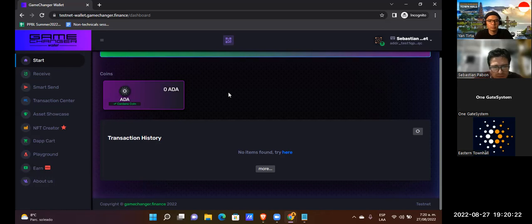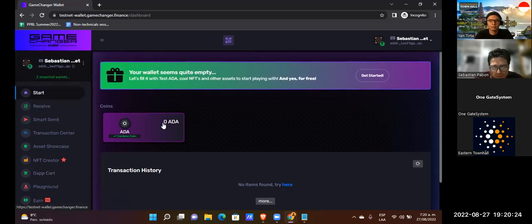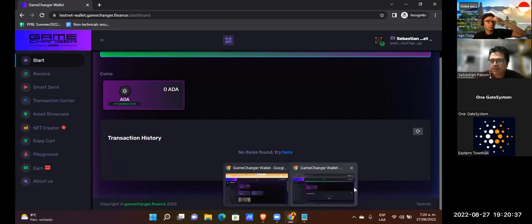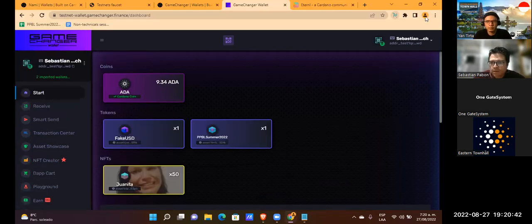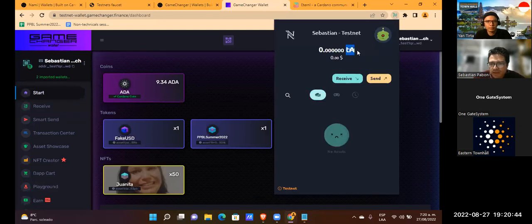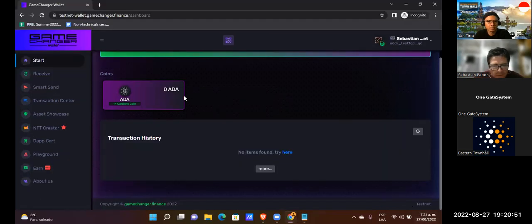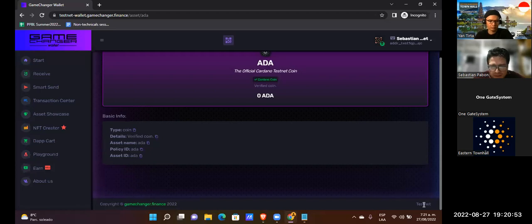But we have here 0 ADA, and in testnet these ADAs are test ADAs. I thought this wallet doesn't show the denomination test ADA, tADA. We know that here these ADAs are test ADAs.